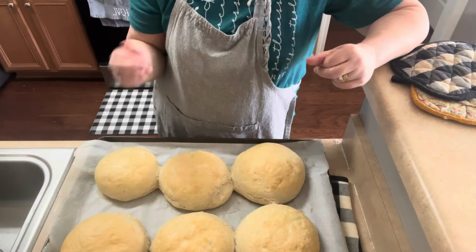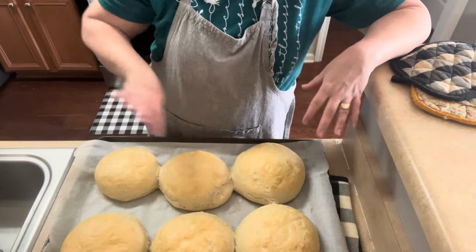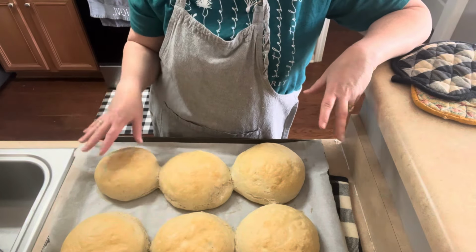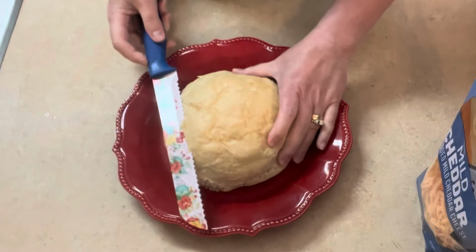And then when we're ready to eat, I'm gonna slice the top off just a little bit and then dig all the insides out, put that to the side so we can use that for dipping and fill them up with soup. All right, Jason's home. These are cool. So I'm gonna go ahead and